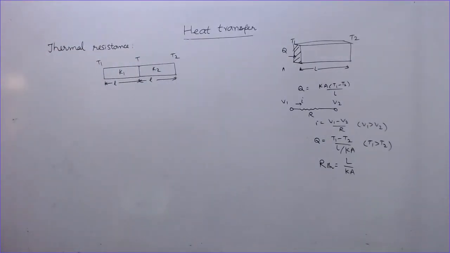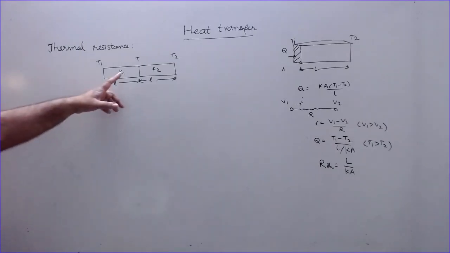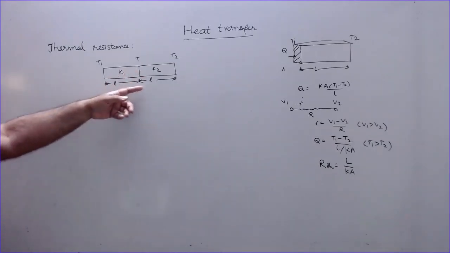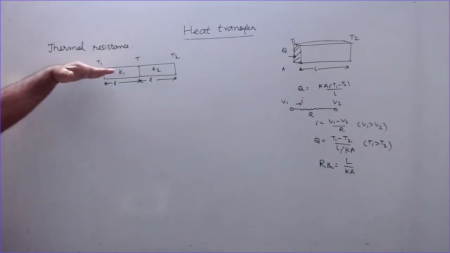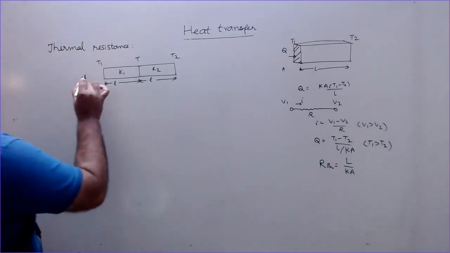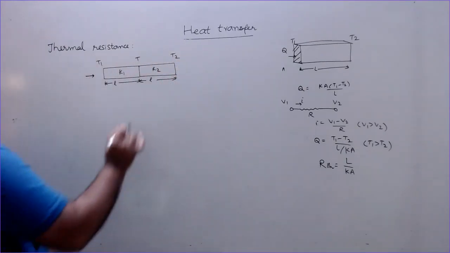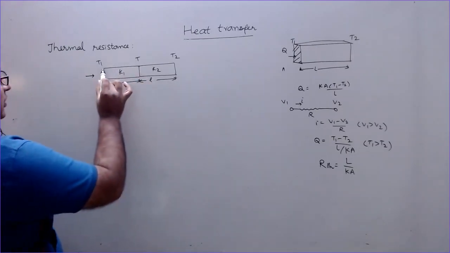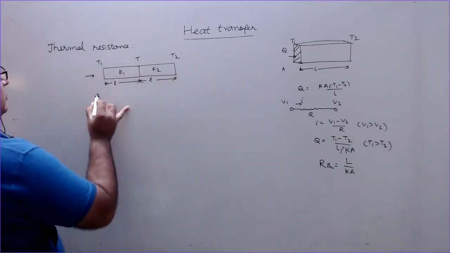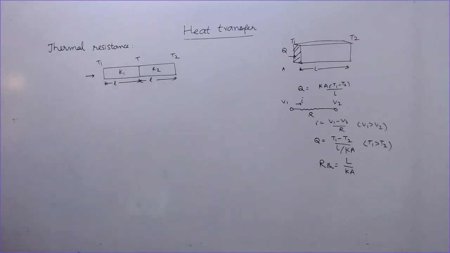This concept is very useful while making calculations for the heat flow through the combined bodies in series and bodies in parallel. Now we have, for example, these two bodies. Thermal conductivity is K1 and K2. Lengths are same, area of cross section is same. This is the direction of heat flow, and the area of cross section perpendicular to this direction is same for both, that is equal to A. The junction temperature is T. T1 and T2 are the temperatures at the two ends. Now we have to find the junction temperature, the equivalent thermal conductivity and the heat flowing through this.